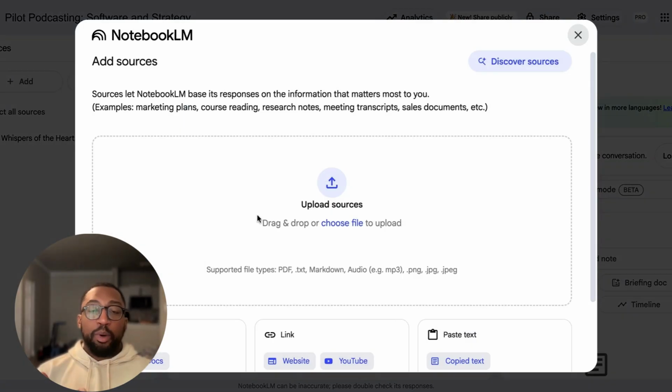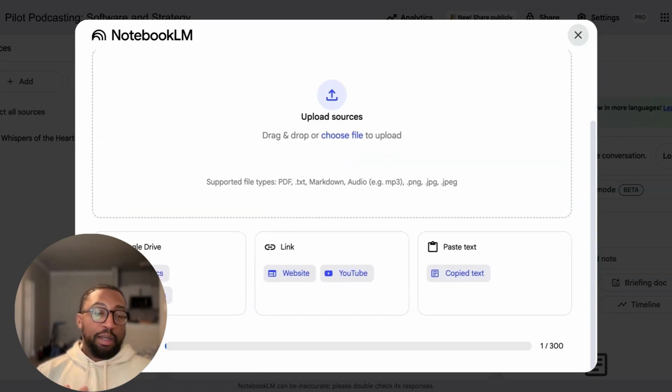I'm going to click add. Then you can import documents like a PDF, any text, markdowns, any audio, some types of photos as well. And then you have the ability to import from Google Drive, Google Docs, and Google Slides. You can also take a website domain and use that link so it can do some research. And you can use YouTube links and also paste text there. So you have about a 300 source limit that you can use and interact with